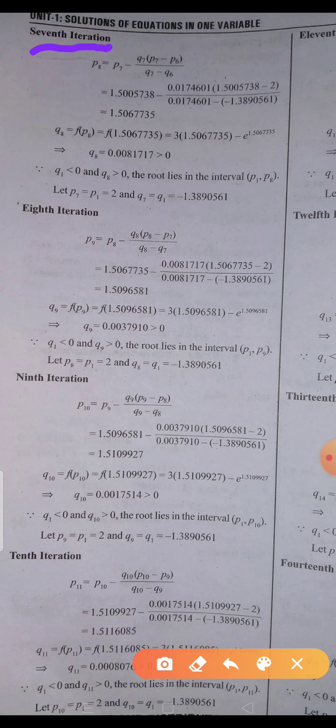Therefore, P8 is equal to 1.5067735. Next, Q8 is equal to f of P8, which is equal to f of